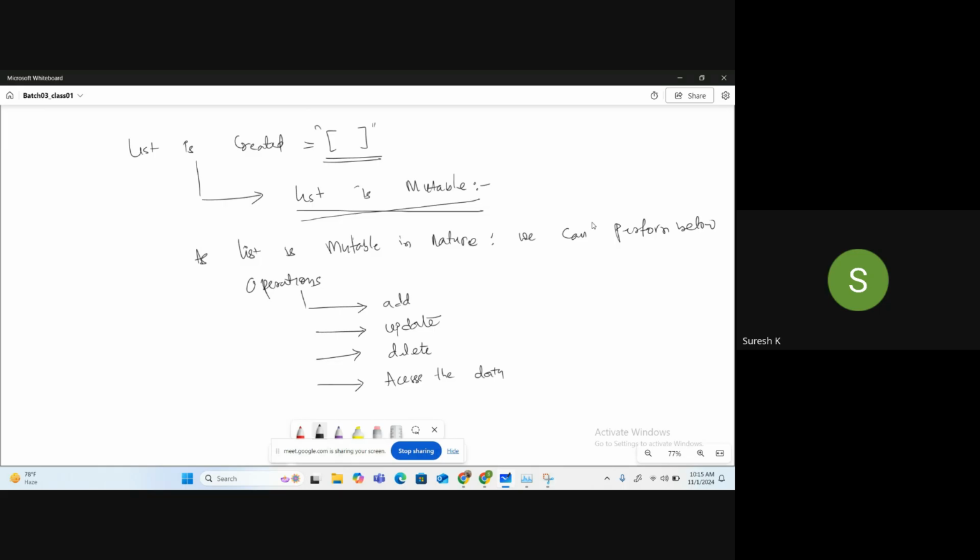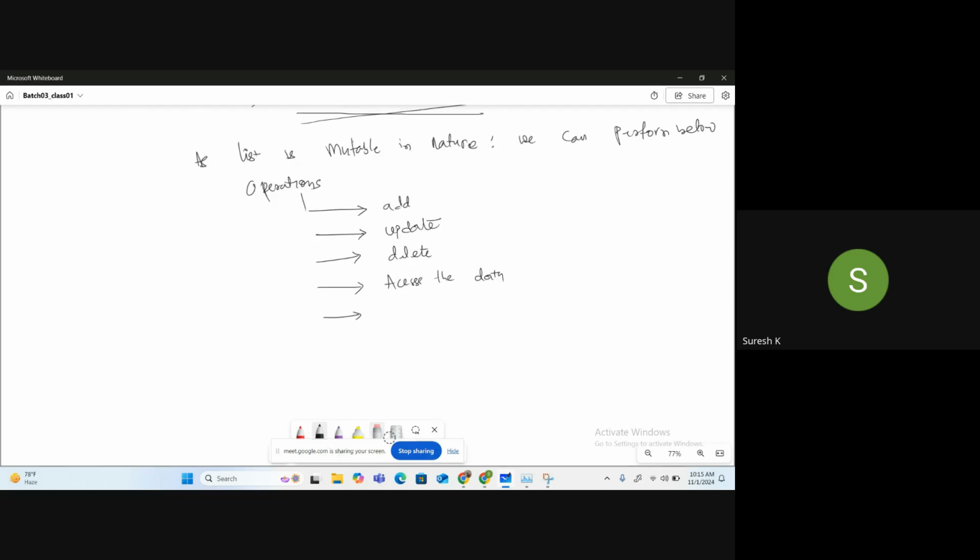Are these the operations, or did we miss anything apart from this? Replace, update. We don't have replace. Replace is nothing but update only, right? You have the value, you are going to update that. Okay.